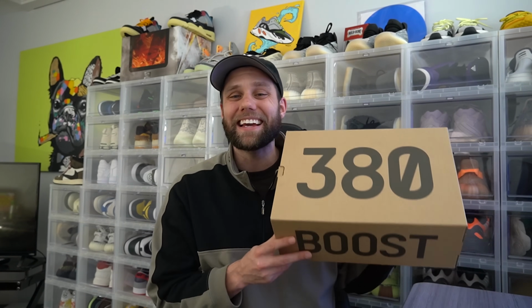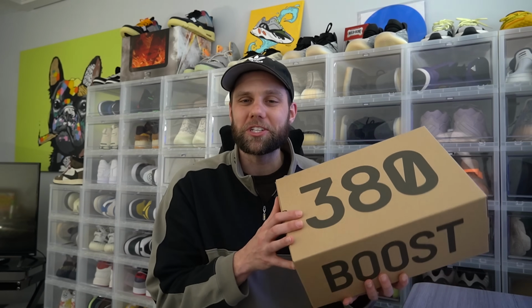So today we're going to be taking a look at the new Yeezy 380 Yecoraite. This sneaker was released on January 16th for a retail price of $250. A little bit more expensive because these are in fact full reflective. This shoe unfortunately did not release in the US as it was an APAC exclusive. So the only way you were able to get your hands on this sneaker is if you purchased it on the secondary market,